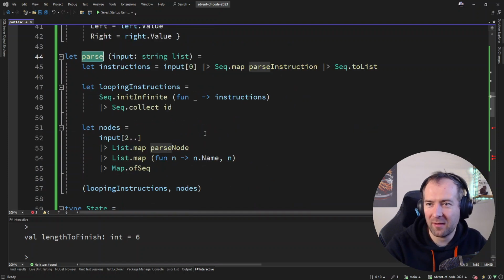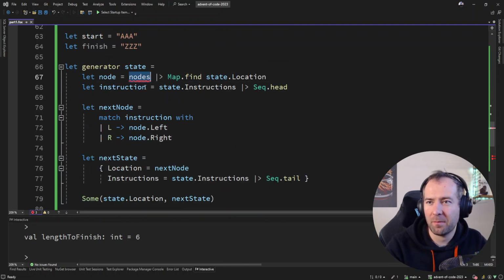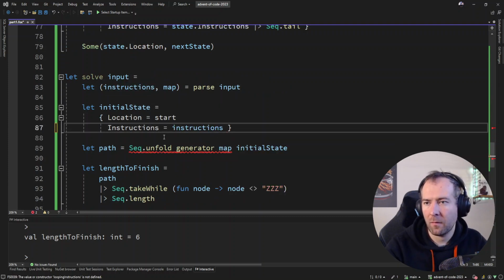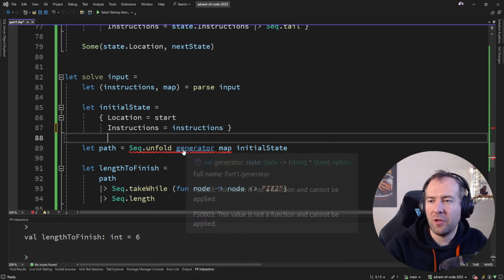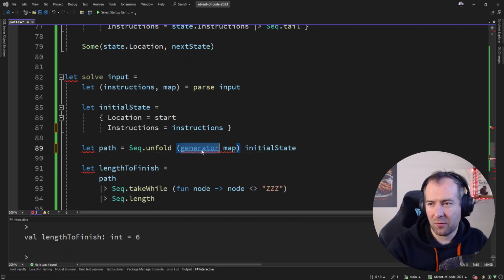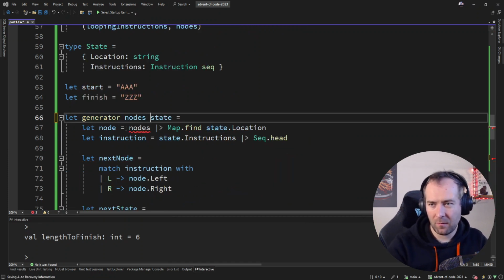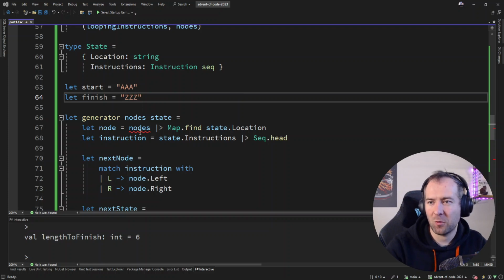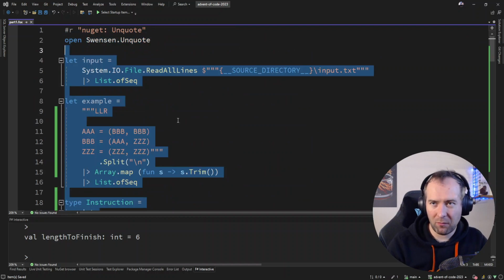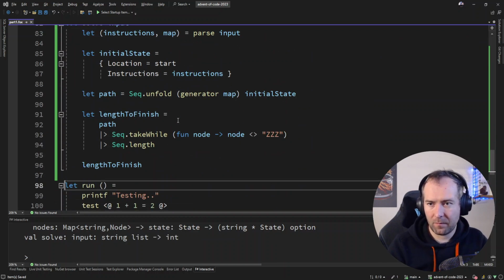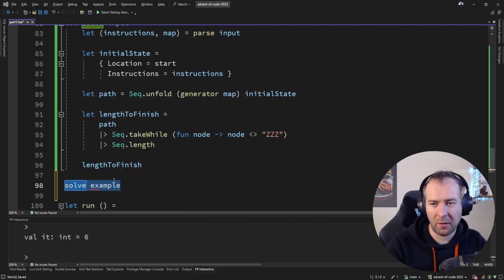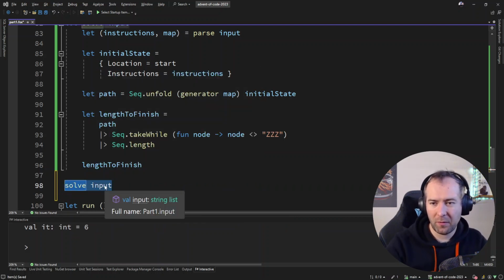Parsing already loops, right? Yeah, parsing already loops. Generator itself is the function. And generator itself should take the nodes as well, because we pipe them in. So everything is local state. There we go. Everything compiles again. I think we can run our solve on the example and 6 should come out. There we go. And if we run it for our input,